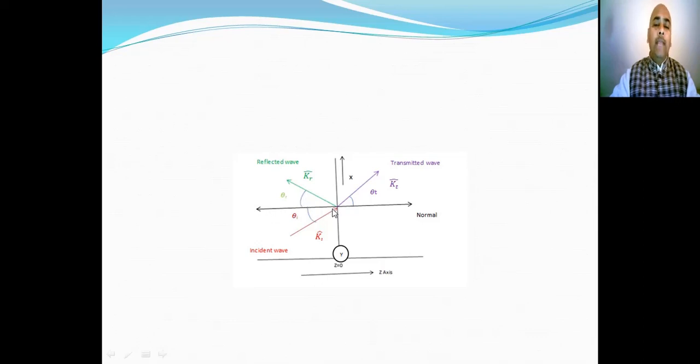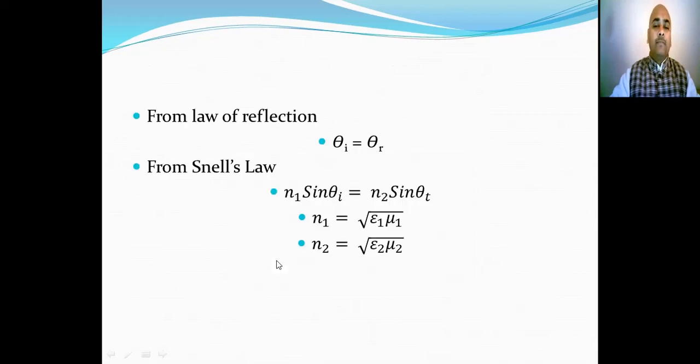to the plane. Now our aim is basically to calculate the value of the reflection coefficient and transmission coefficient of the wave. The reflection coefficient represents the ratio of the reflected signal to that of the incident wave, while the transmission coefficient represents the ratio of the transmitted signal to that of the incident signal. So in deriving these reflection and transmission coefficients, we need to use the laws of reflection.